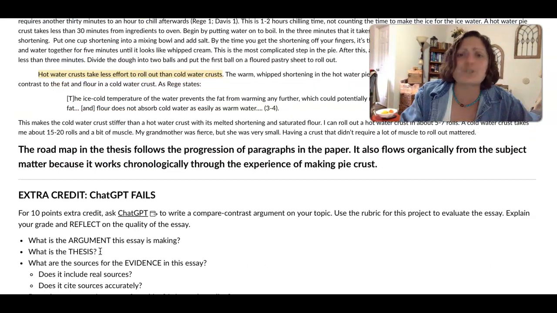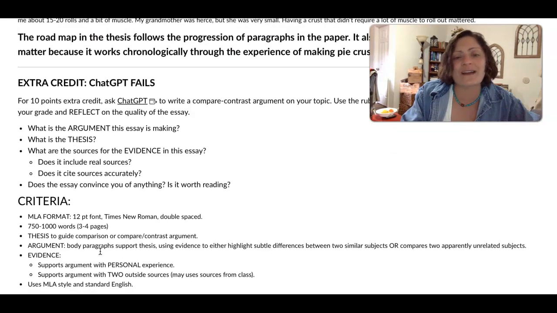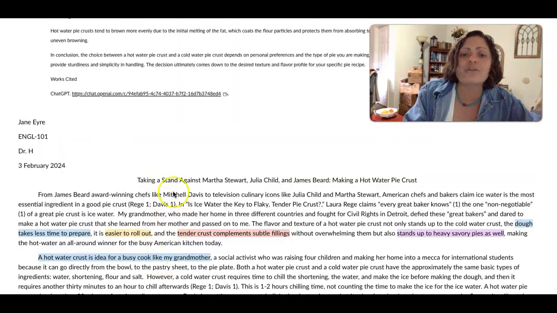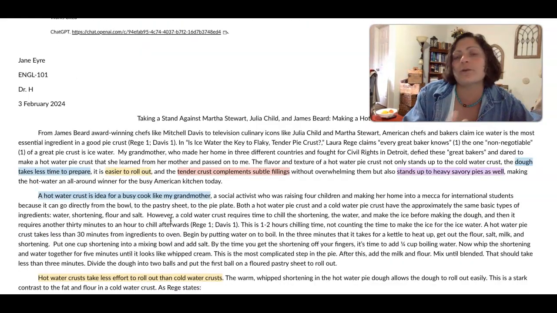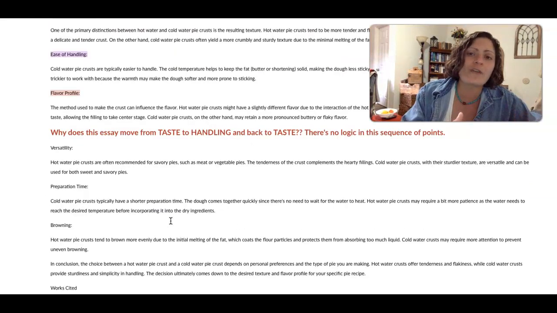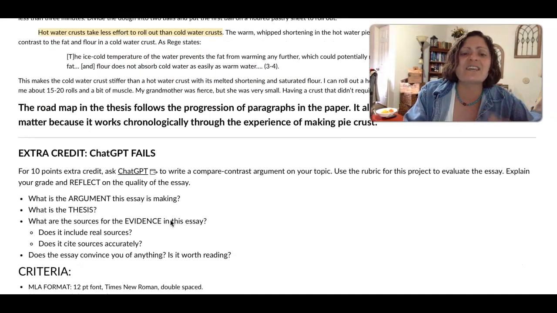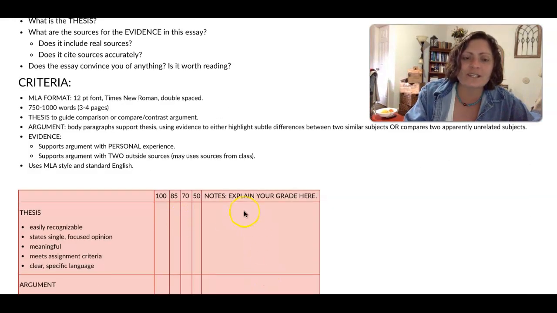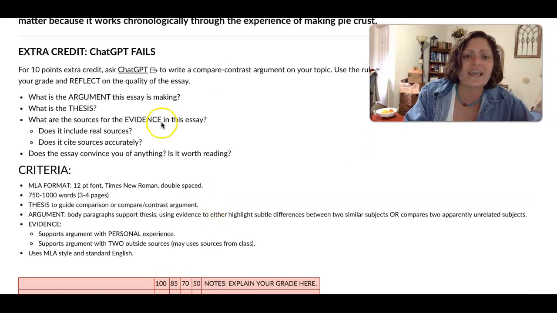Anything that you do on your own, you're probably going to come up with a better essay. Which leads to our extra credit for week 6, which is creating your own ChatGPT essay, just like I did, for the topic of your paper. So if you are comparing and contrasting pies from your grandma's recipe, put that in there. Whatever it is you are contrasting, comparing, making that argument, see how ChatGPT would do it, and then evaluate it with our rubric and explain the different grades that you're going to give here, the different marks, and reflect on